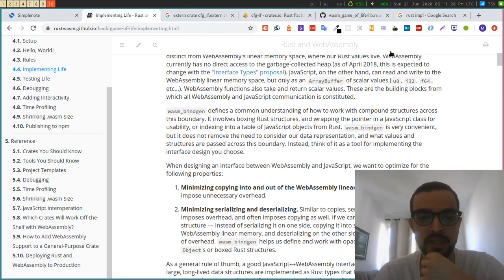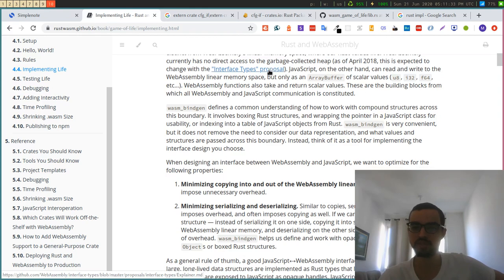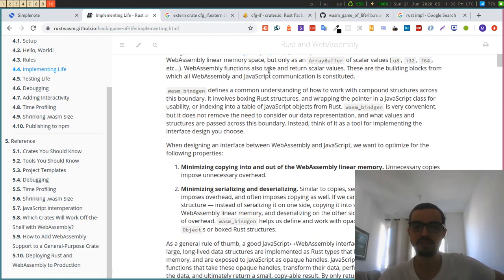Assembly function also trigger return scalar values. These are the building blocks from which all the assembly JavaScript communication is constituted. webassembly defines a common understanding of how to work with compound structures across this boundary. It involves